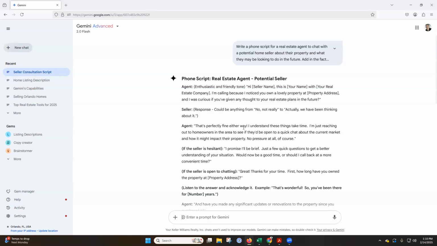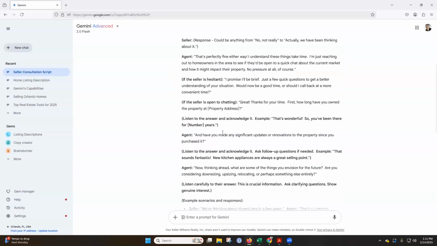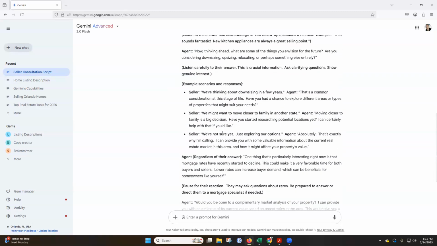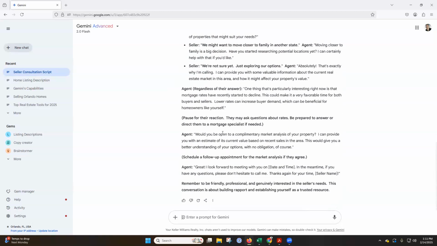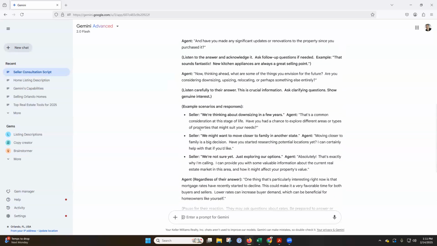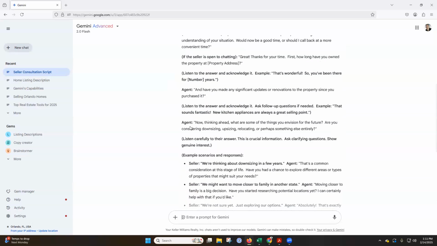All right, that's perfectly fine either way. I understand these things take time, so items that you can actually go back and forth on. So it's going to give you a bunch of different items that you can actually utilize. And once again, we can go through and adjust this at any time on here too. So if I see this and I'm like, you know what, there's a section on here, maybe if I'm reading through this, perfect. So maybe I don't want to highlight, are you considering downsizing, upsizing, relocating, or perhaps something else entirely? So maybe I want to say,